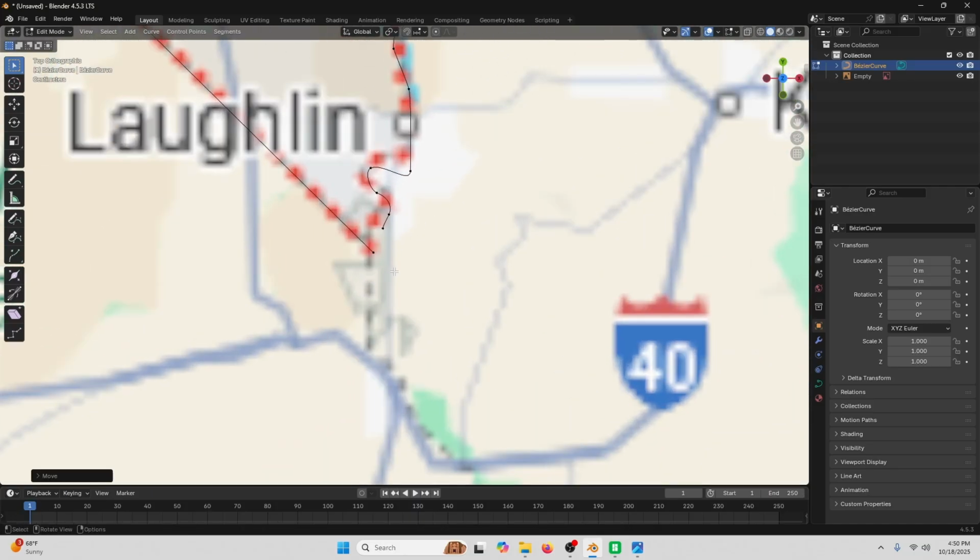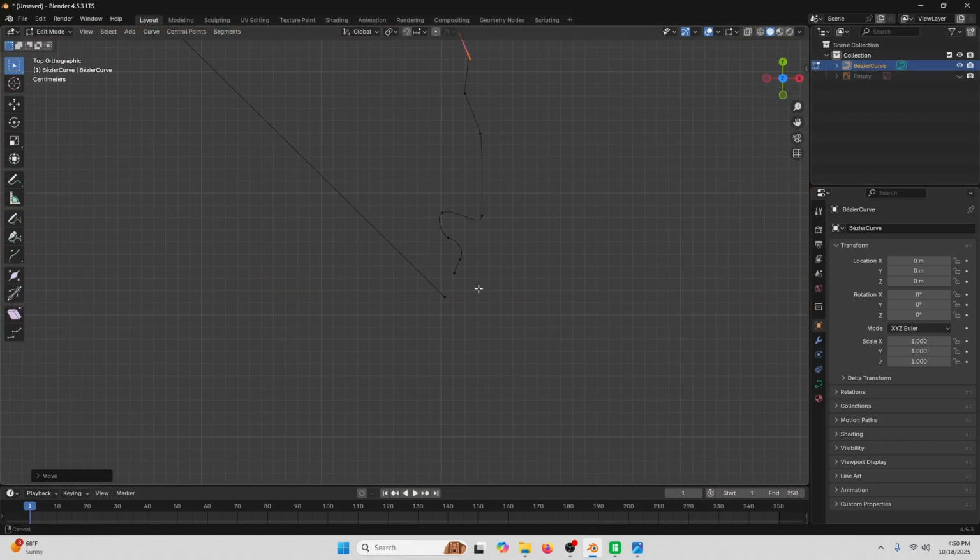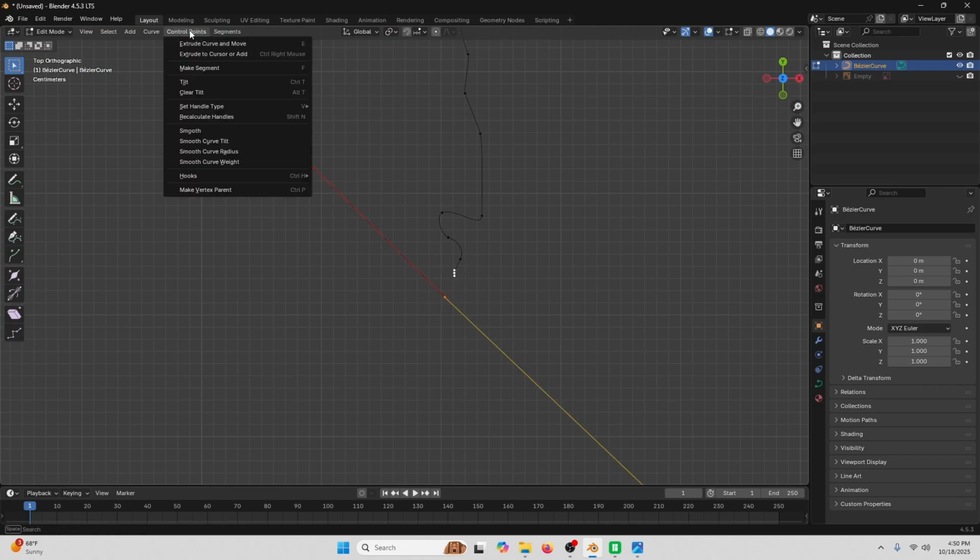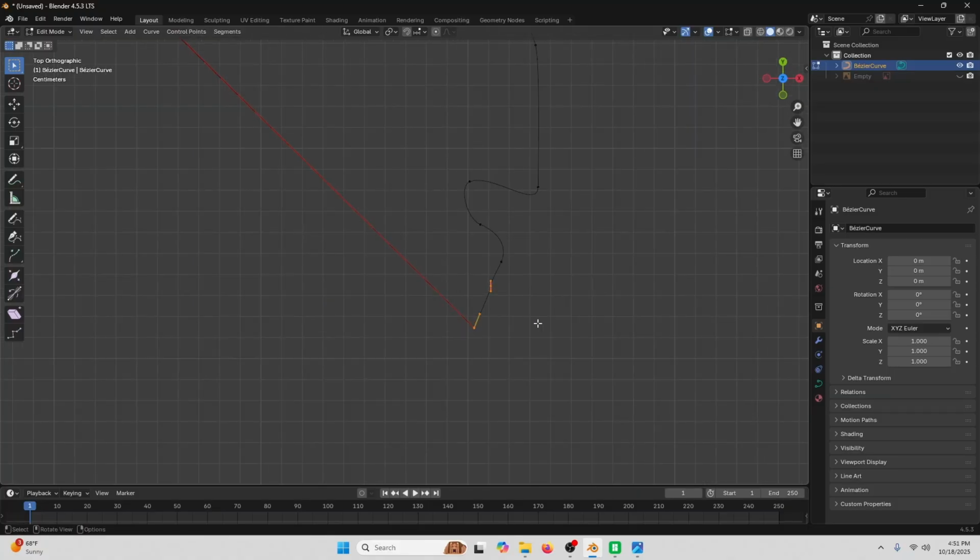Now we need to close this to make a closed path. So I'm going to turn off the background image so you can see. I'm going to select these 2 points that I want to close, and then I go up to control points at the top and then click make segment, and there. We've closed this